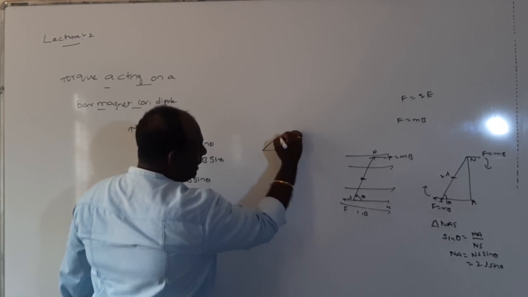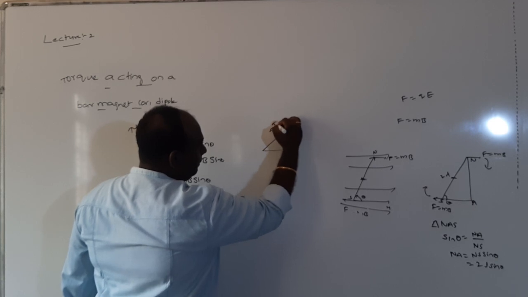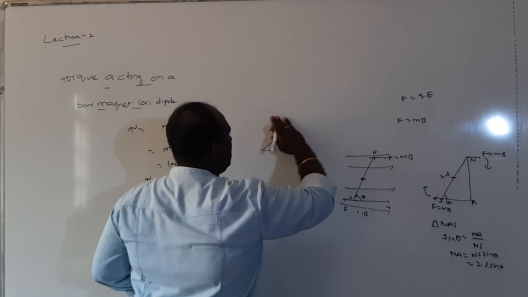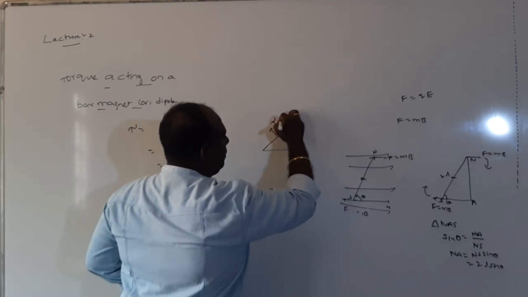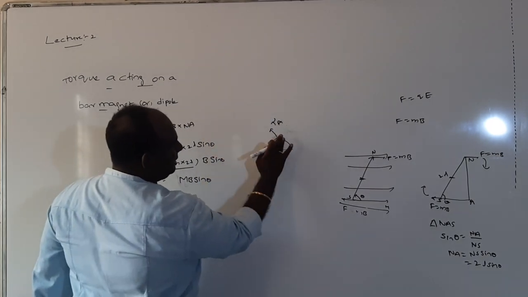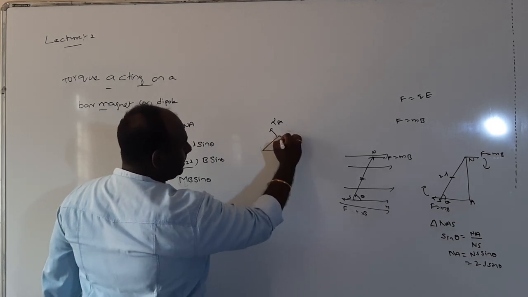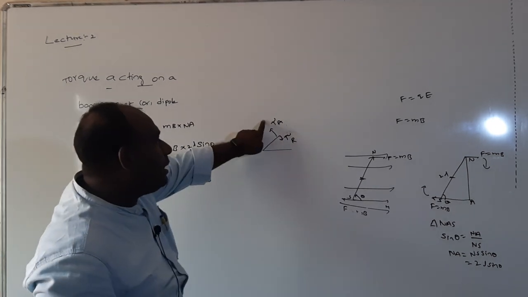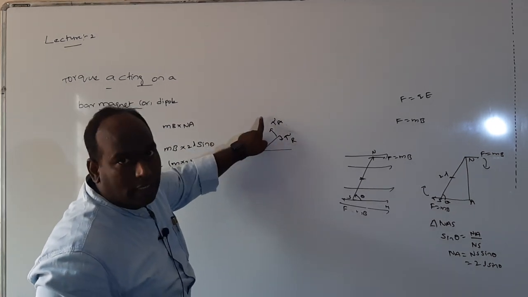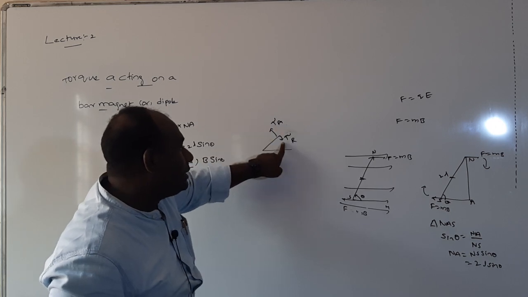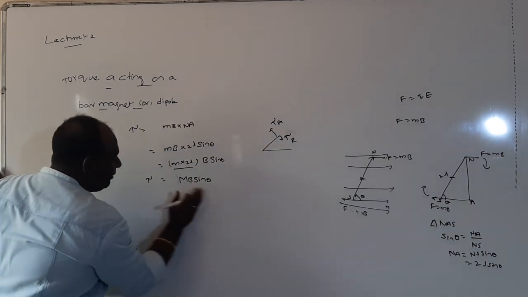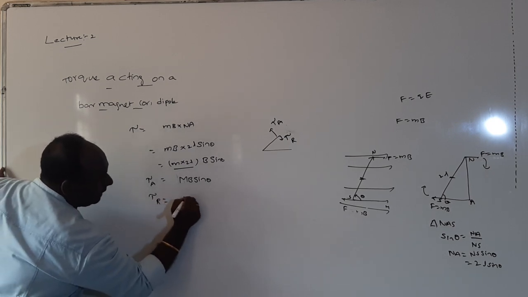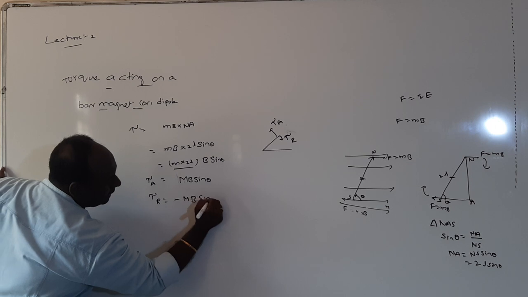Now the restoring torque. See, applied torque is in this direction, I can write tau applied. Applied torque is in this direction, restoring torque is in which direction? In this direction. So if you observe, applied torque and restoring torque are opposite to each other. With respect to applied torque, restoring torque is in the opposite direction. This is T A, the applied torque. Restoring torque T R is equal to minus MB sin theta.